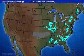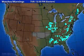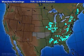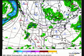Watches and warnings: anywhere you see the tealish blue, those are flood warnings in effect. The grays from Amarillo through Oklahoma City into northwest portions of Arkansas, that is a winter storm watch. And that's because, as we take a look into Wednesday evening with the ADA model, you can see a